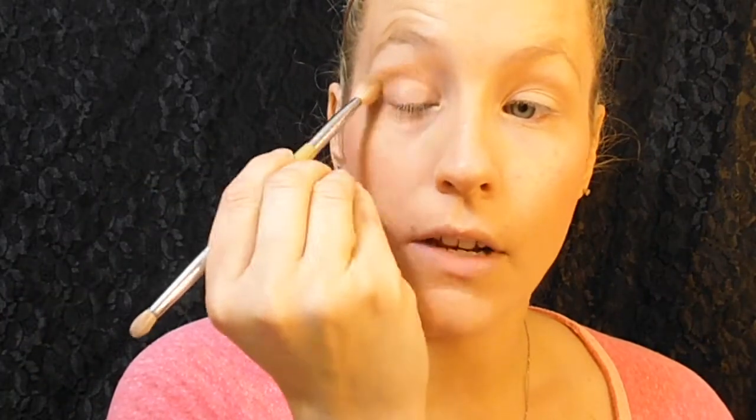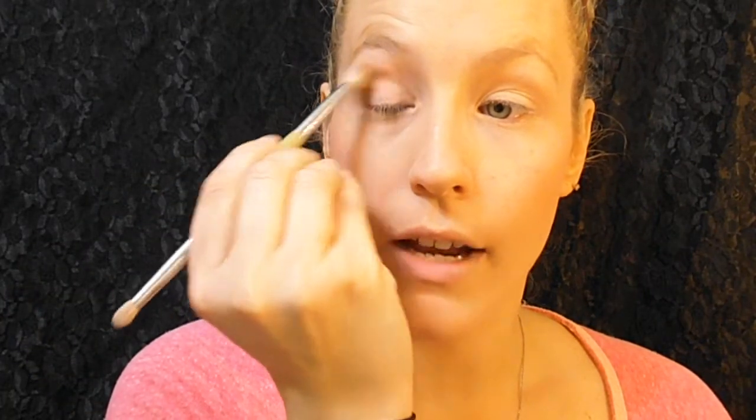And the next thing I'm going to use, and even though I didn't contour my cheeks, I'm going to be using contour on my eyes. I'm going to use the NYC Smooth Skin Bronzing Powder, and it's in Sunny. And I'm going to take my Sigma Fluffy Brush, and I'm just going to use this in the crease, just to give my crease a little bit of definition, but without really giving myself an actual